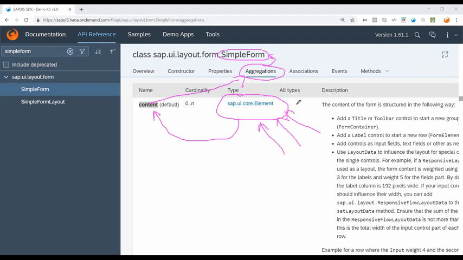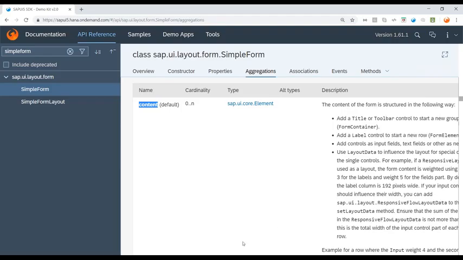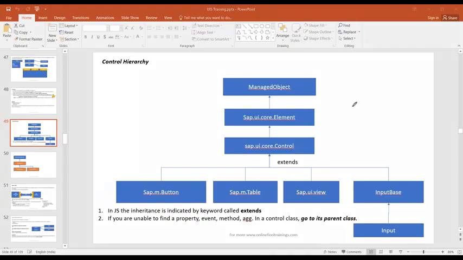Is this theory clear to you, that you can assign any type of control to the content aggregation, because content is represented by the base class of all the classes. So it is possible to assign any child class object to the element class, because ultimately it is going to the content aggregation of the simple form. Which means now I can assign an input field also, a button also here in the content aggregation of